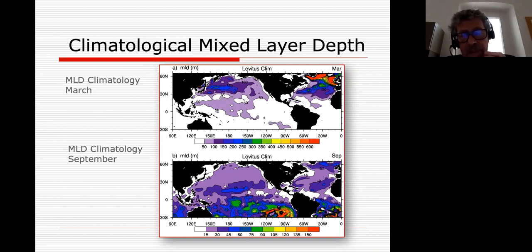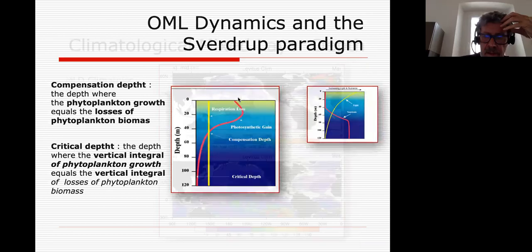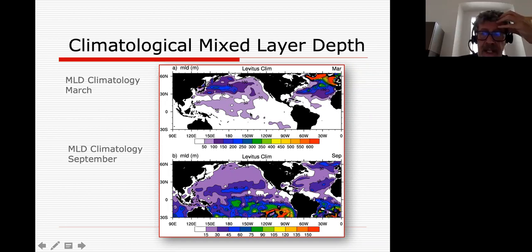So we have discussed a bit of theory, a bit of model. Then let's give a look at what happens in reality. What you see here is the map of the world, and you see